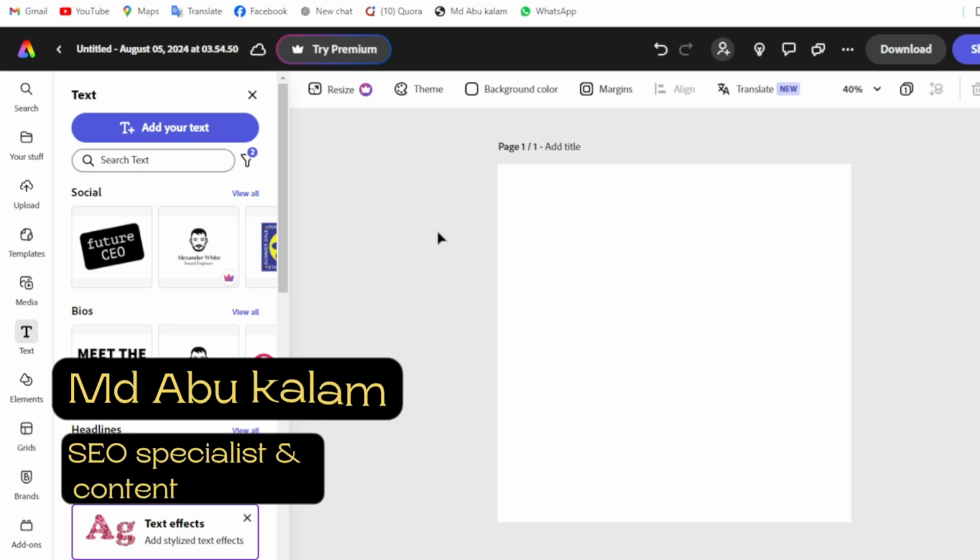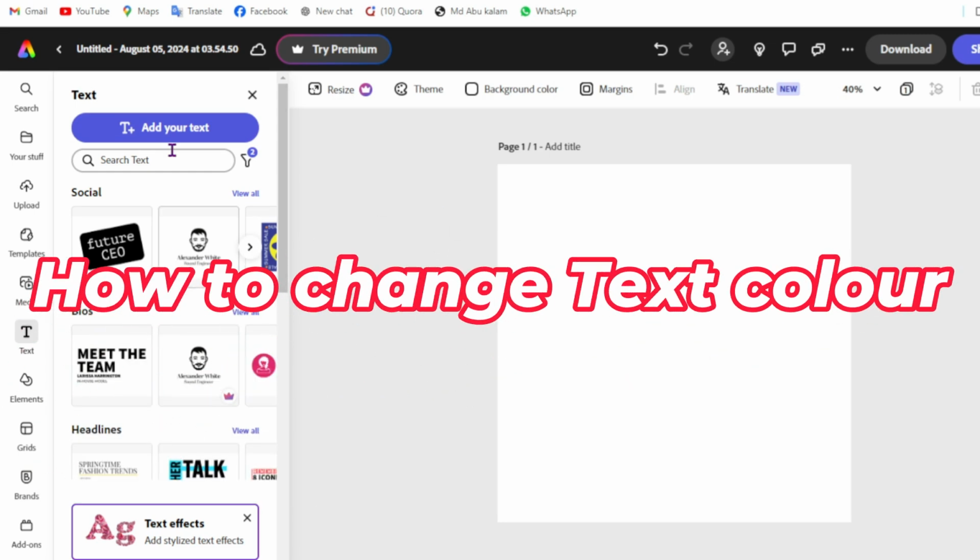Hey guys, Kalam here. In this tutorial, I'm going to show you how you can change text color on Adobe